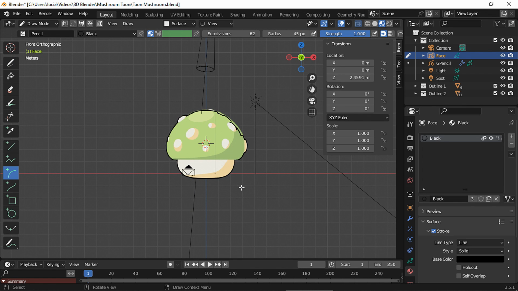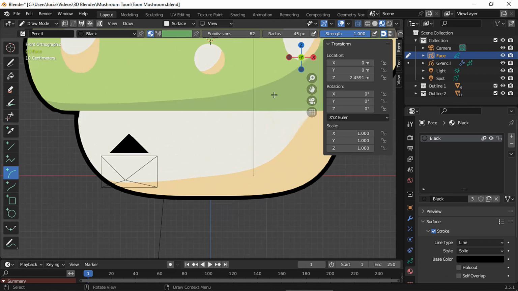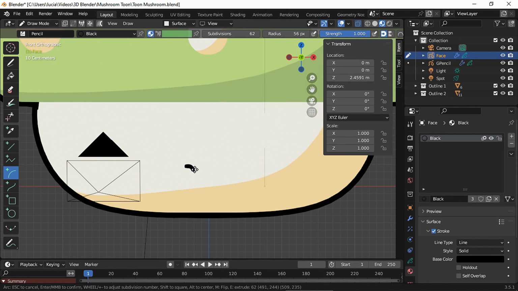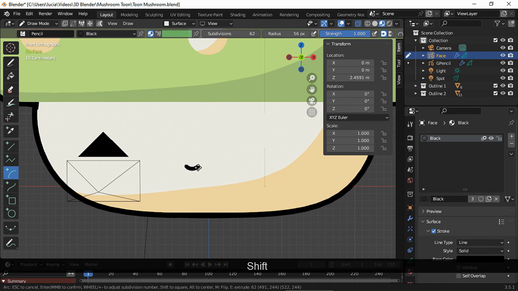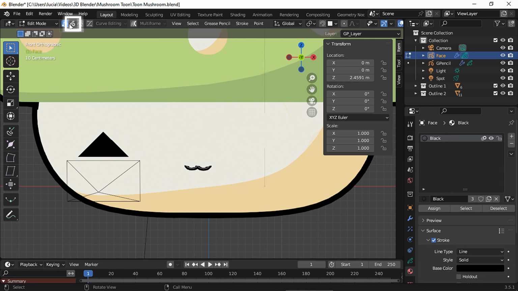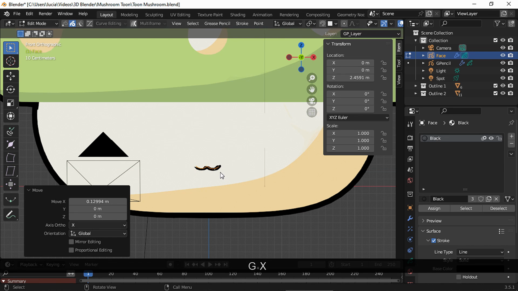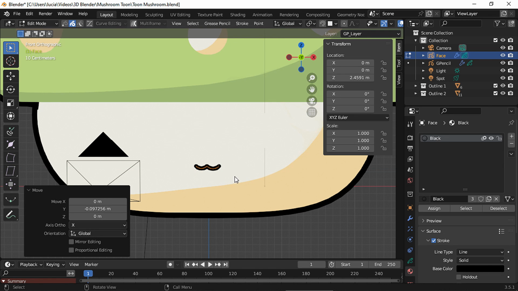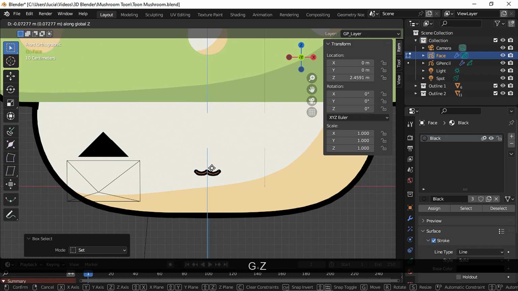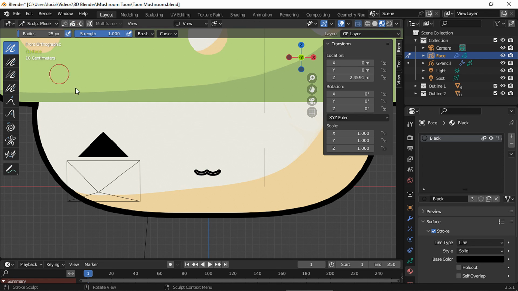To draw the mouth, I'm gonna use the arc tool. Press M to flip the arc, maintain Shift pressed to create a perfectly symmetrical arc, release the mouse without clicking, and extrude by pressing E. Shift, release, and left click. Go to edit mode, switch to stroke mode, and take the mouse to the center and bring it forward if needed. Let's move it down and smooth in sculpt mode.